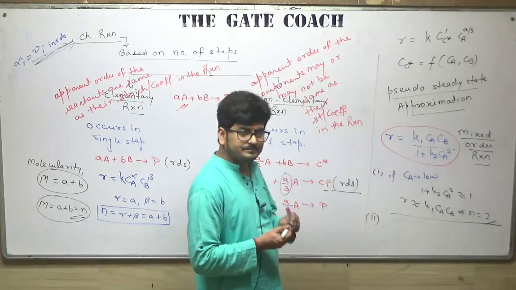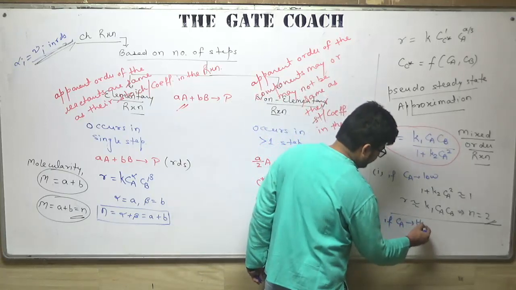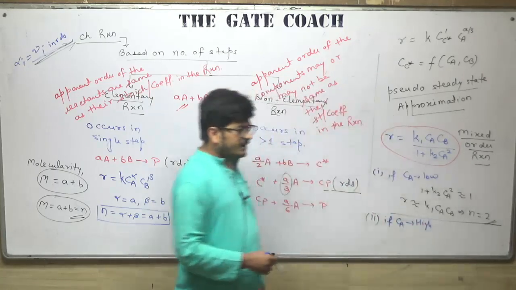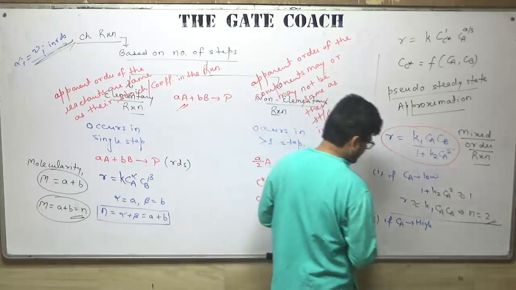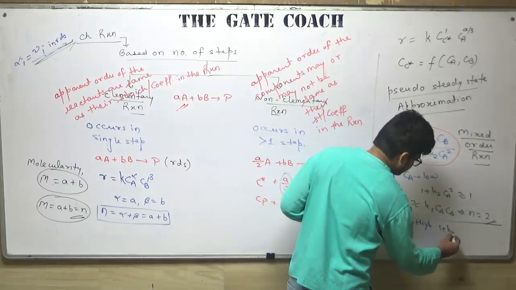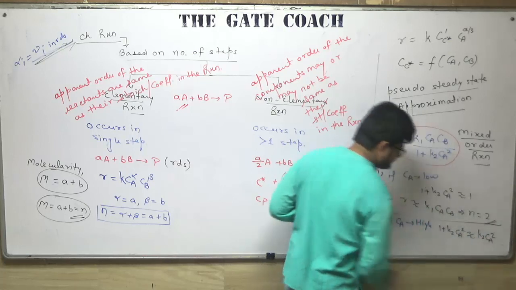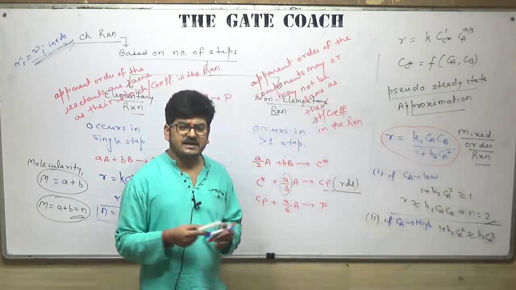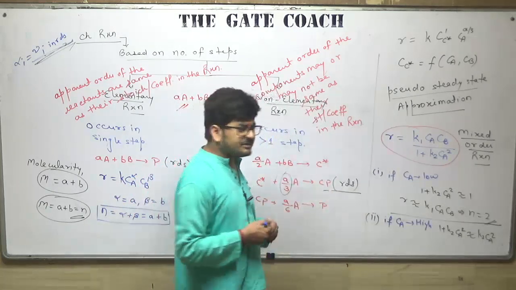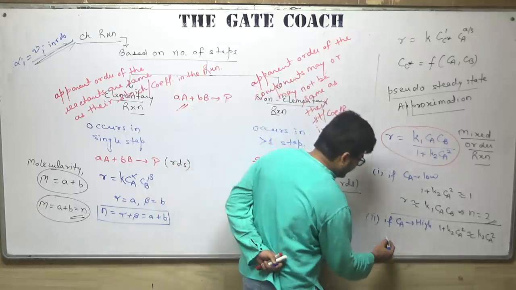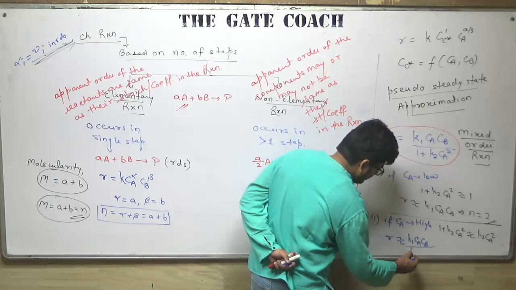Second case, if concentration of A is high, then 1 plus K2 Ca square can be written as K2 Ca square, because if Ca is high, Ca square will be higher. So 1 plus K2 Ca square can be written as K2 Ca square. So your rate will become K1 Ca Cb over K2,